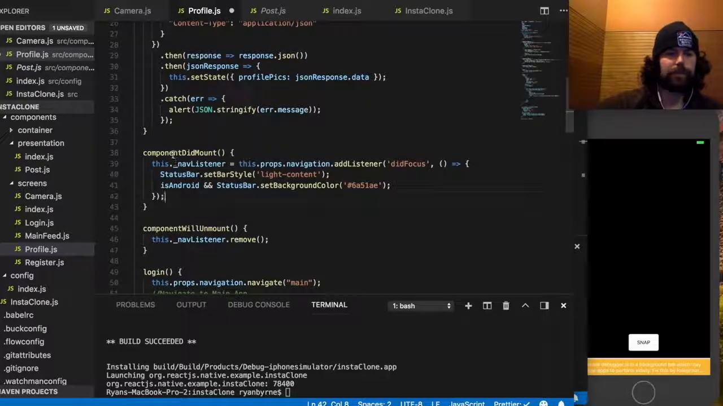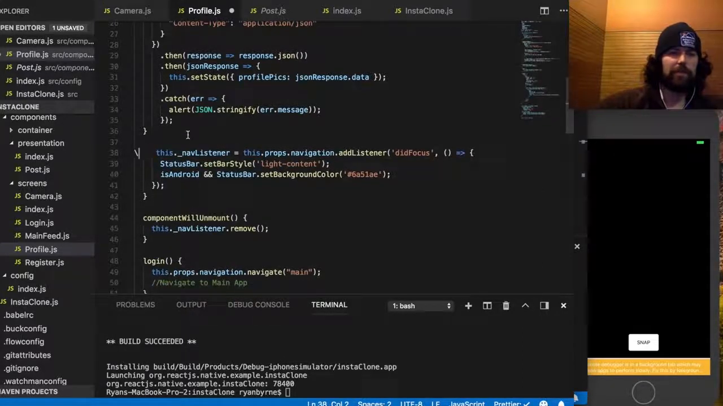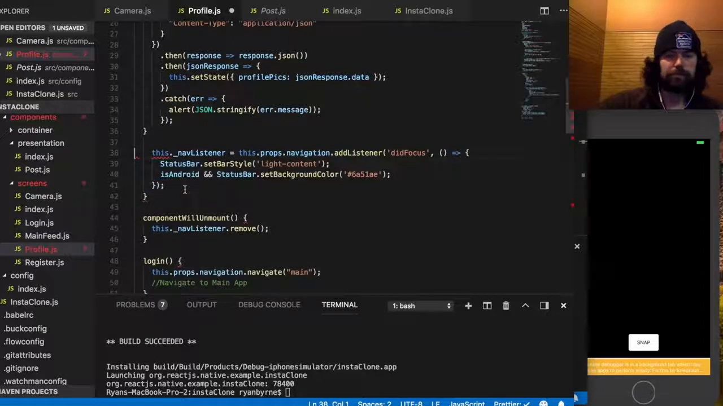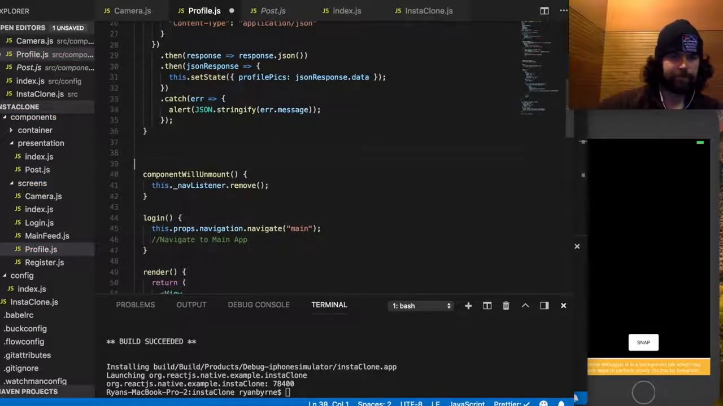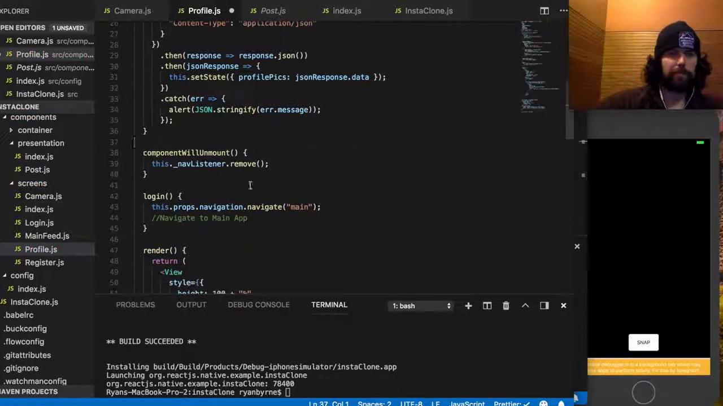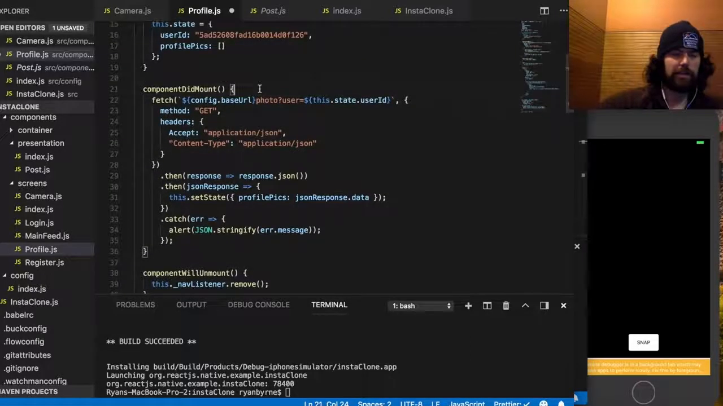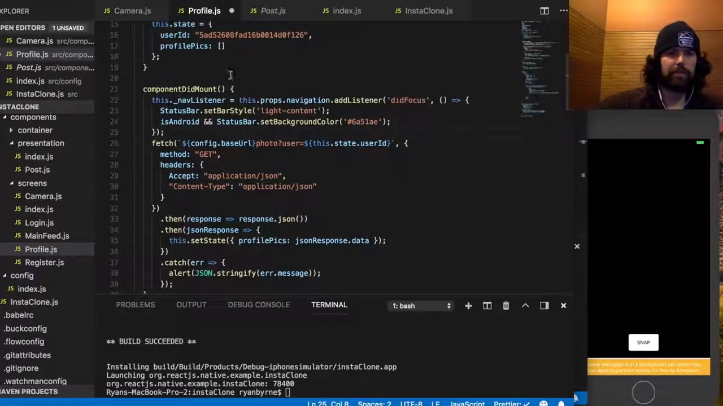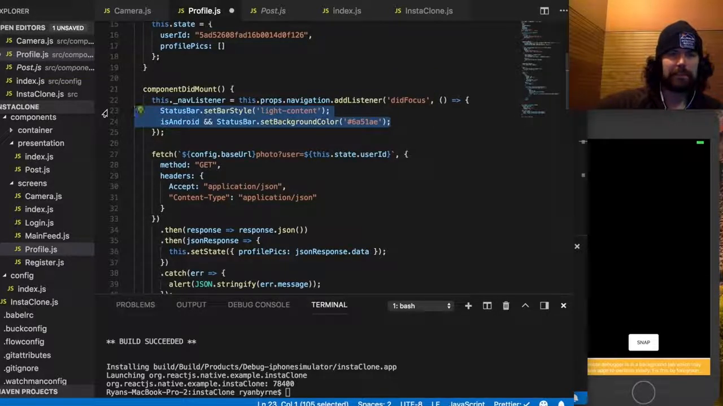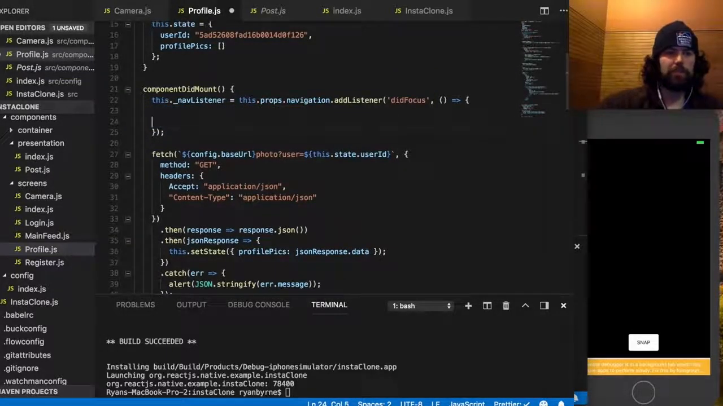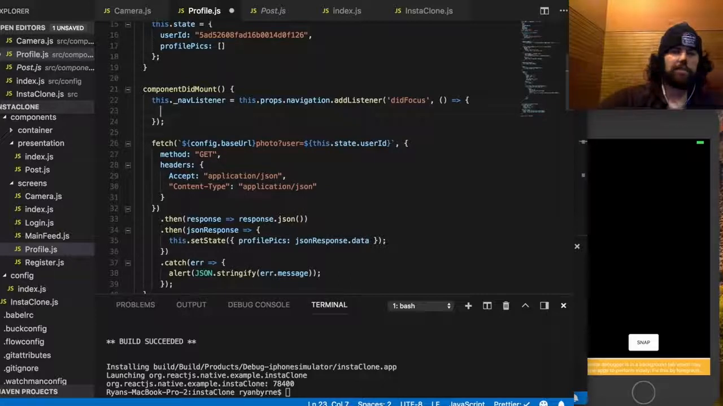So we already have a component did mount up there. So on unmount, we need to remove our listener. Same as any JavaScript listener, anything you would normally do, window event listener, whatnot. Add listener to focus. And all I want to do in this listener is